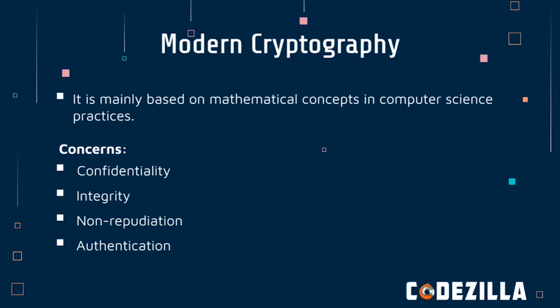Let's come to the cryptography of today, also known as modern cryptography. Let's talk about the objectives of cryptography and the solutions it provides to the concern of privacy and security. Confidentiality. During the message transmission, even if the encrypted message reaches the wrong hands, the original message would be safe and not decrypted without the key.